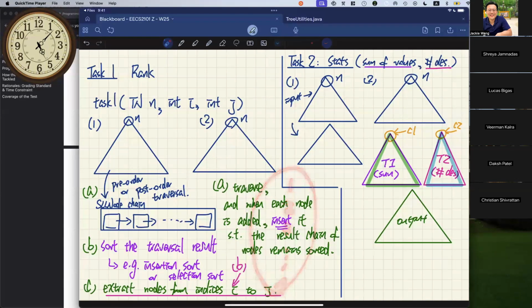So my point is, if you use the second approach, the running time will also end up being n squared, the same as number one. However, if you use merge sort or something better than n squared, then approach number one can potentially be more efficient. Does that make sense to you? Yeah, thank you. Okay, good.